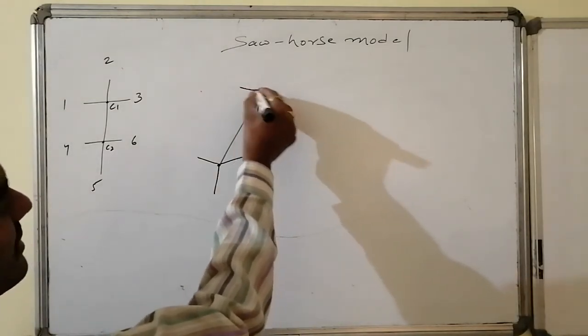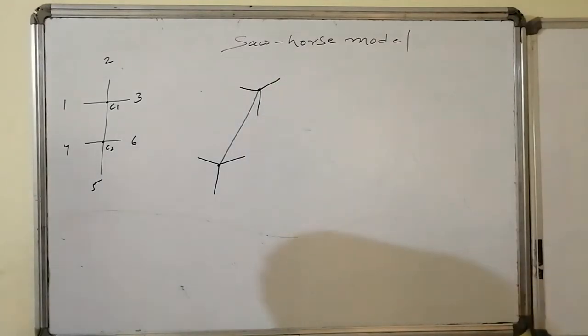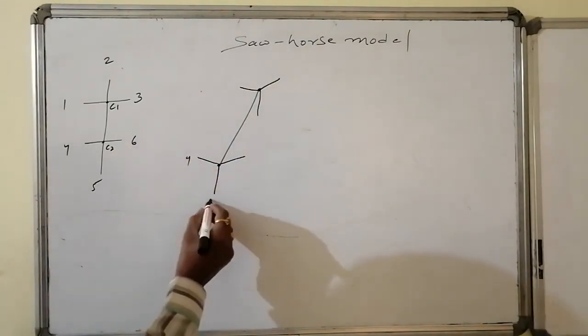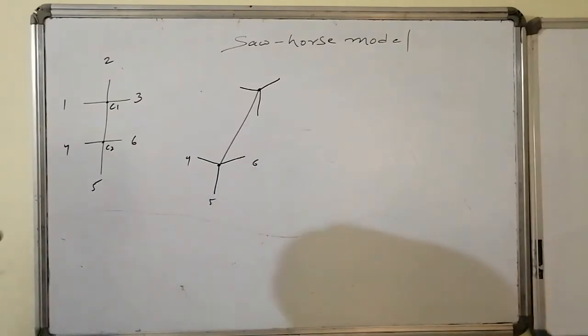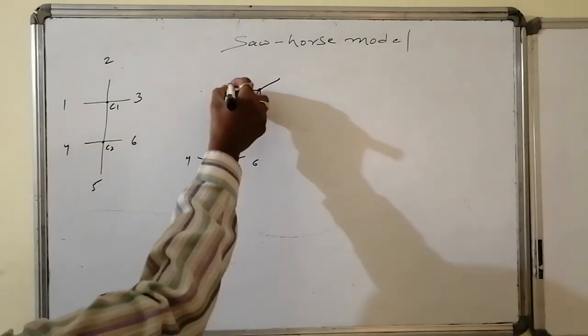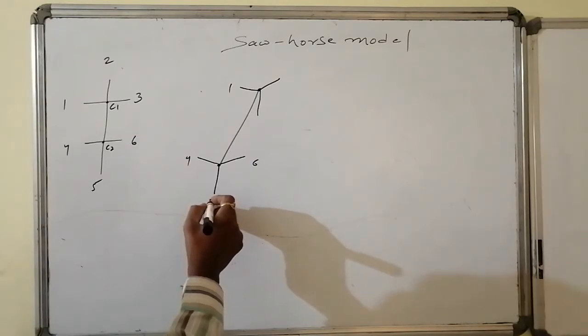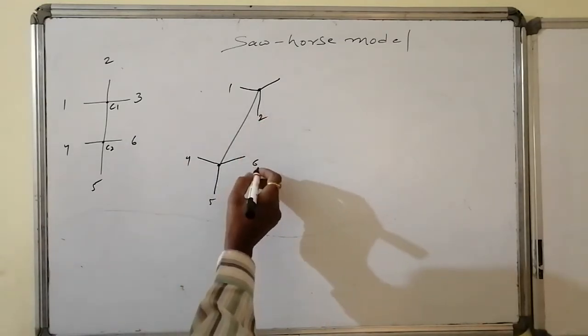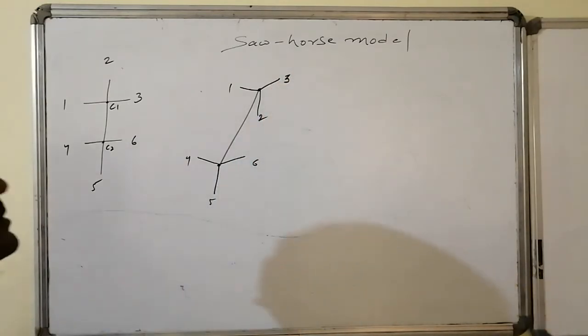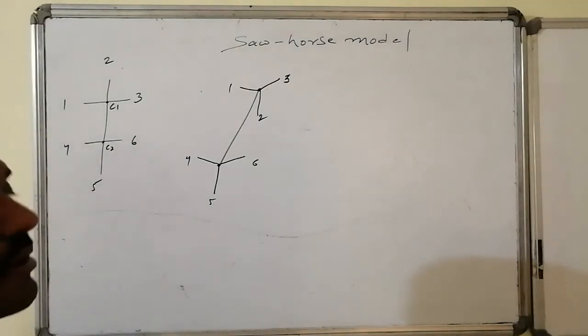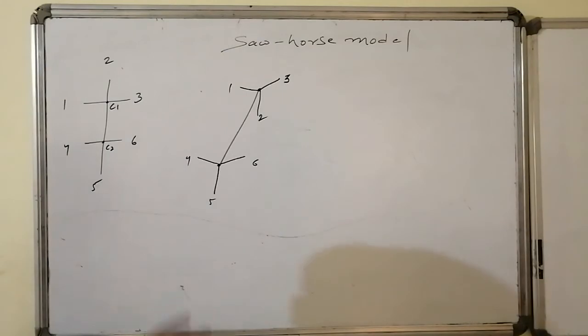As the Fischer is present in the eclipsed model, we will write the remaining valencies as they are. Suppose this is valency 4, valency 5 and valency 6, whereas 1 and 4 are covered with one another. Similarly, here 2 and 5 are covered with one another, 6 and 3 are covered with one another. That's what the immediate Sawhorse presentation of the corresponding Fischer appears like.